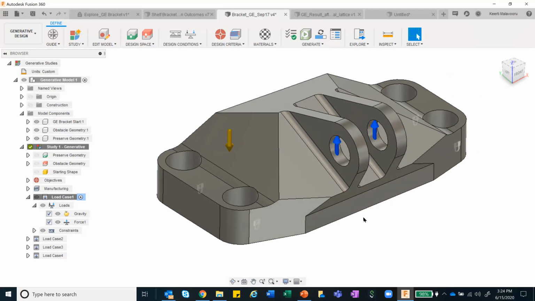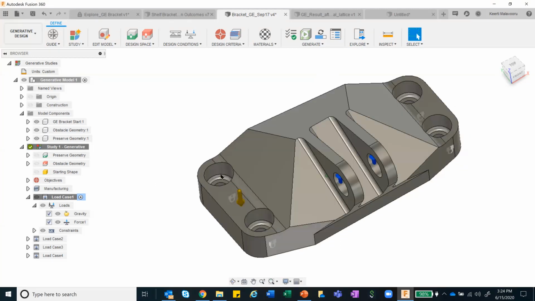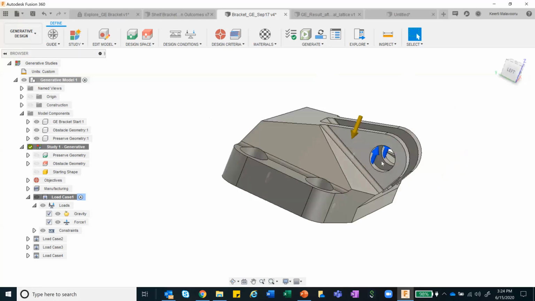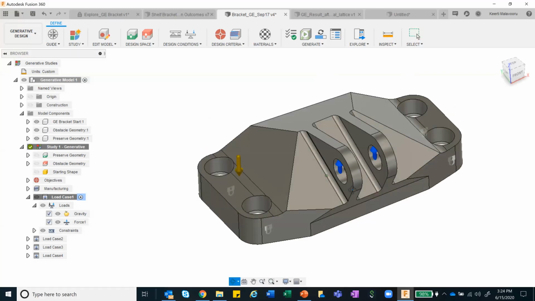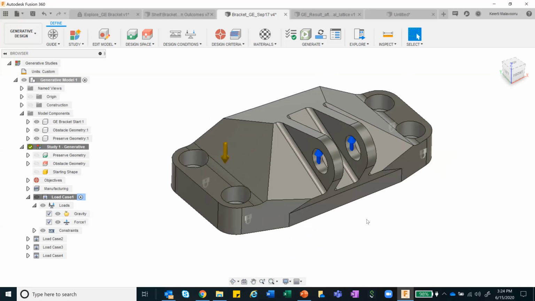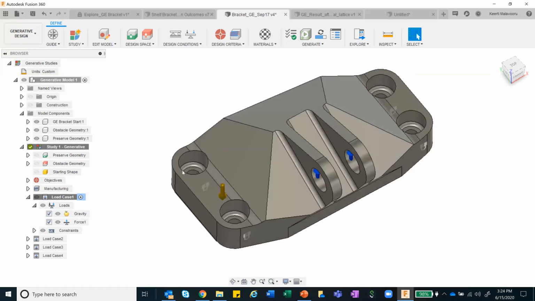Now, in reality, I might not have this bracket, and I would only be having the problem statement. And the problem statement that we defined just now is that it is bolted in these 4 locations. There is a pin that goes through these mounting holes. So as a first step, what do we know? That this is bolted at 4 locations. So this location is of paramount importance. This is very, very critical for me to start deciding on the shape of it. So I create something called a preserve region.